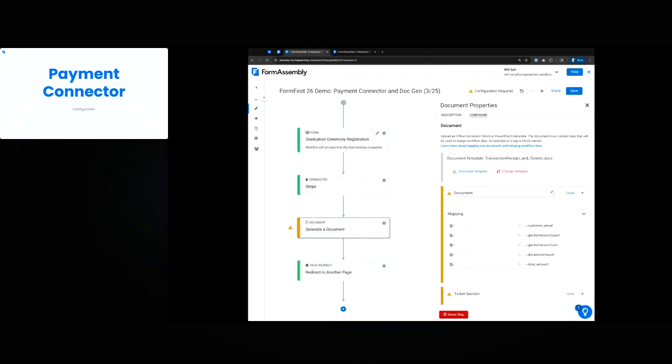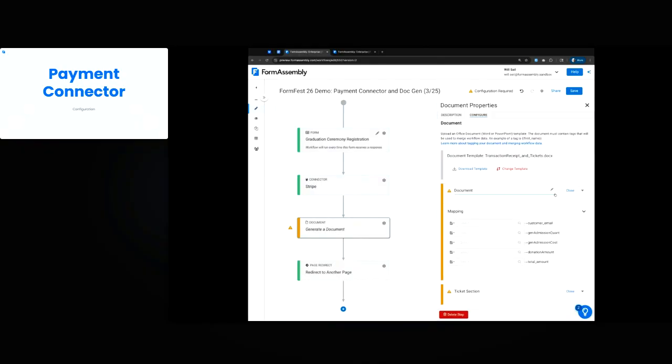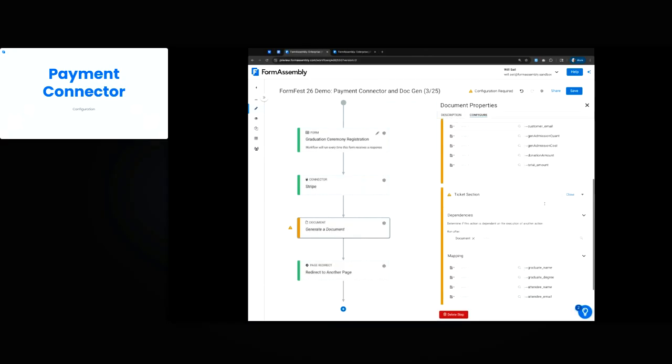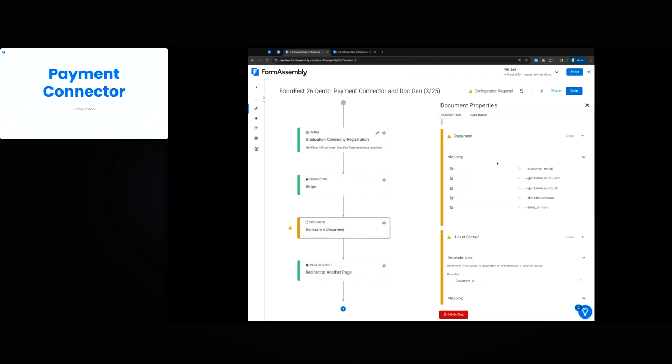And it's reading the template, and now it's given me a list of all of the items with the double curly brackets here. So here's the first page, and here's the second page. So now all I need to do is map data to each of these